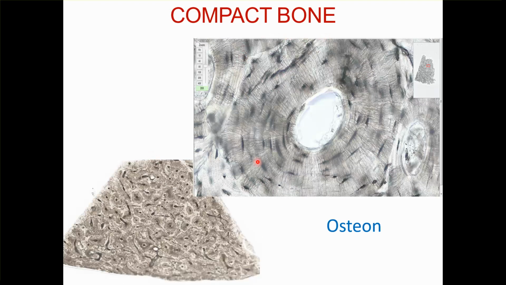Compact bone, okay. This is called an osteon. If you see the parts of the osteon, this is the Haversian canal, and these are the osteocytes in concentric lamellae. If I put a square over here, or ask you what this section is, you should say it is osteon, okay.